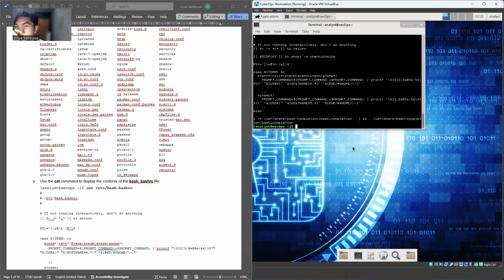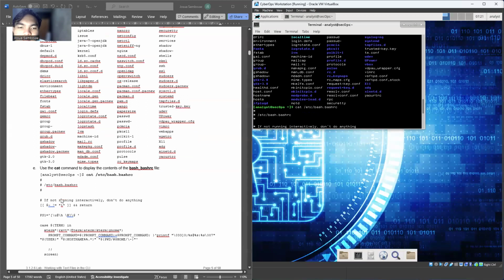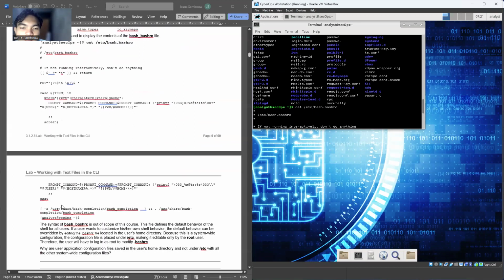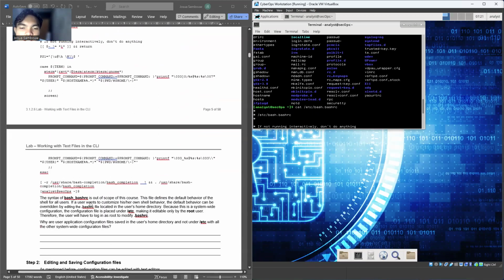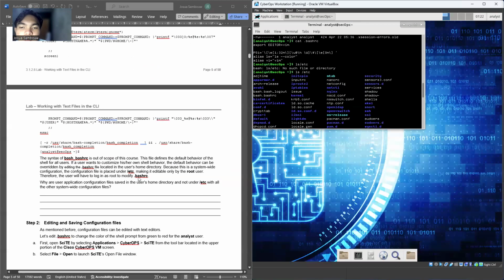And we enter. Wow. Okay, the syntax of bashrc is out of scope of this course. This file defines the default behavior of the shell for all users.